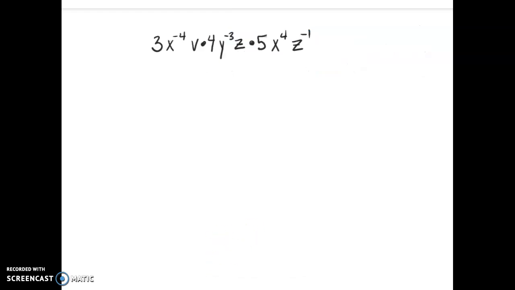So again, we're working with these negative exponents and the exponent properties. So when we see something like this, it is all multiplication. Yes, we have some dots which mean multiplication, but if you have a number touching a variable or two variables next to each other, they mean multiplication too. So what I can do here is, the numbers are not raised to a power, so we can simplify these numbers by multiplying them together. So I'm going to take 3 times 4 times 5,